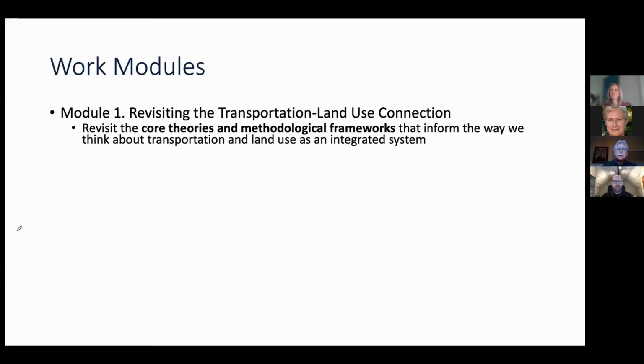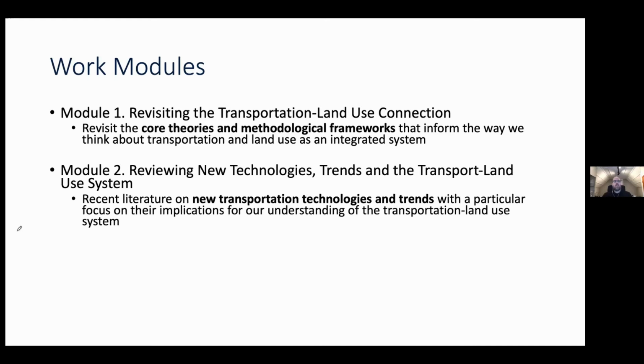We went through three modules already, and this is, of course, the third workshop. The first was about revisiting that transportation land use connection, going back in time to all the core theories that inform the way we think about transportation and its interactions with land use in cities within the urban system of cities. The second took that to the next step of reviewing the current state of things in terms of COVID and its changes to cities alongside new transportation technologies,